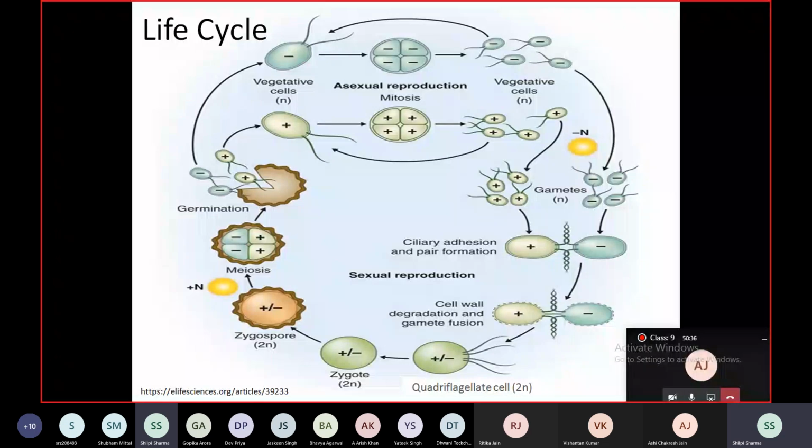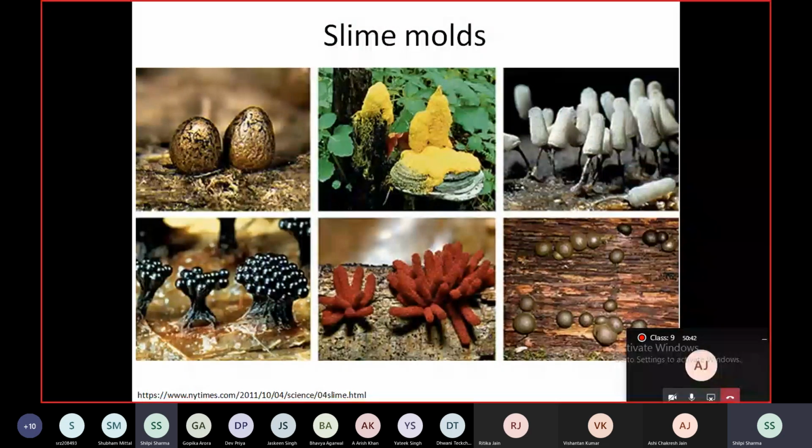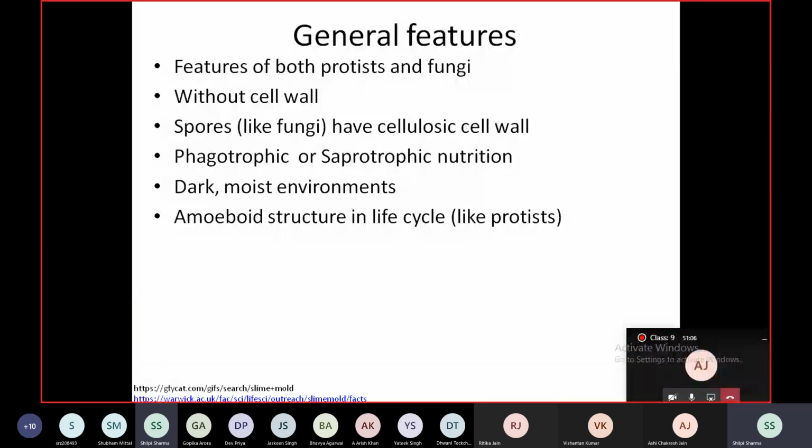Now, having told you about Chlamydomonas, or this green algae, there is an interesting group of organisms which I wanted to briefly talk about, which now falls under protists, but they were earlier believed to be fungi, and these are called slime molds. Slime molds से तुम समझ सकते हो इसका appearance कैसा होता है. They do not have a cell wall in the vegetative phase, but the spores have a cellulosic cell wall, ठीक है, जो कि protists से common है. But what brings it closer to the fungi is that during reproduction, they form typical sporangium like fungi.